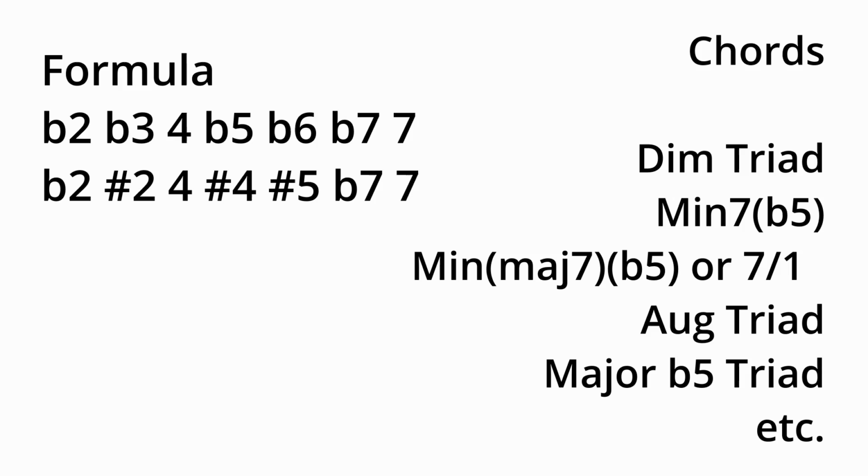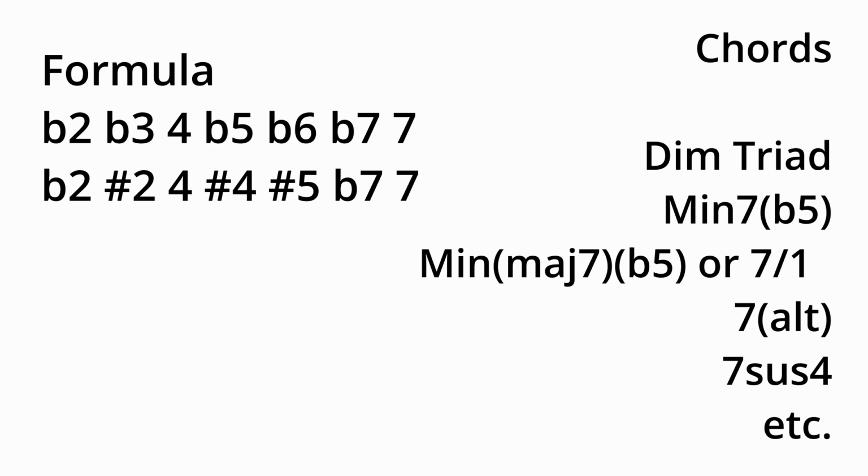Again, take a quick glance at those different formulas and just start grabbing chords from in there. You can apply this scale over a diminished triad, minor 7 flat 5 chord, a minor major 7 flat 5 chord, or a 7/1 chord, one of those nifty slash chords. You also get a dominant 7 alternate type of application, and even a 7/4 application. Now again, be very careful, very loose with these different applications, and keep in mind that some of them might actually sound very outside. So these might be a good source of information just to learn how to play a little